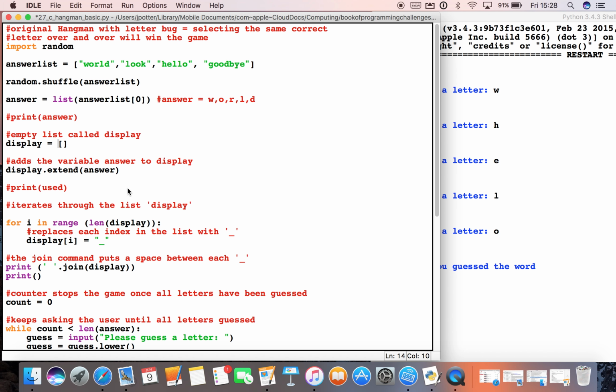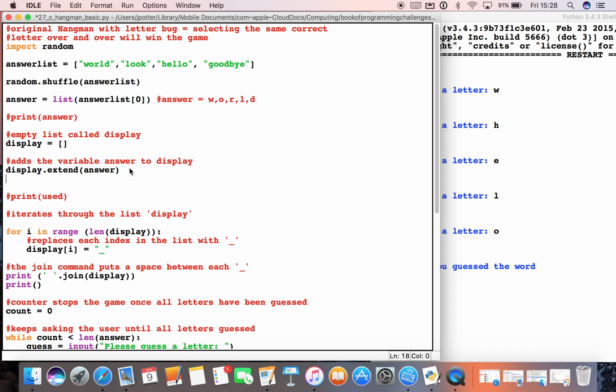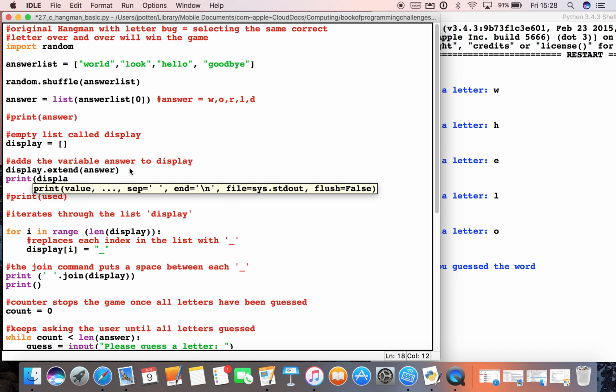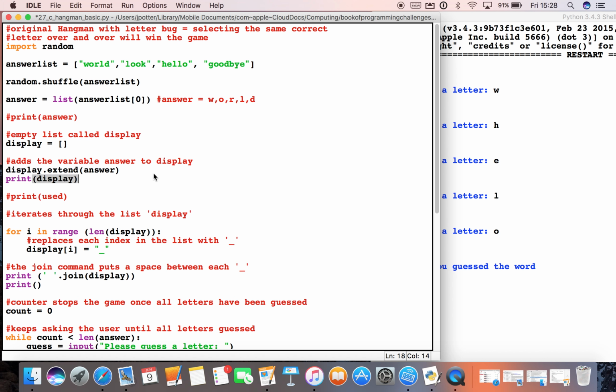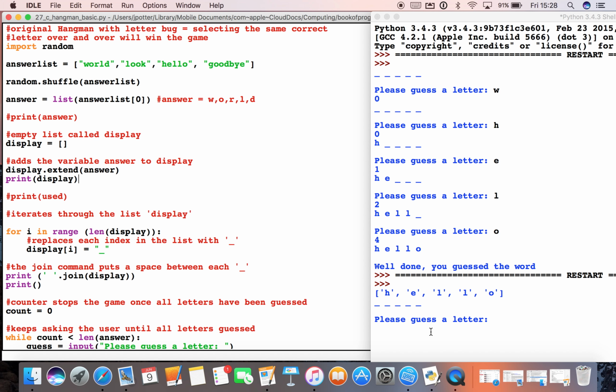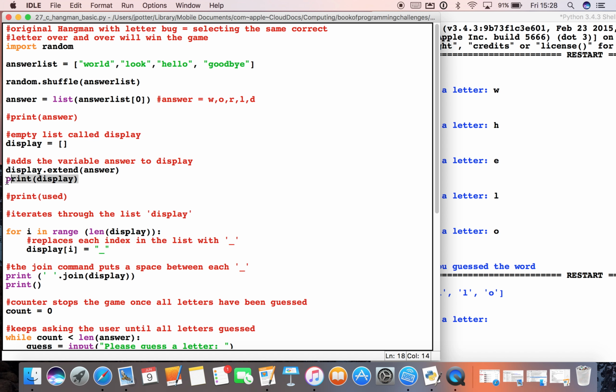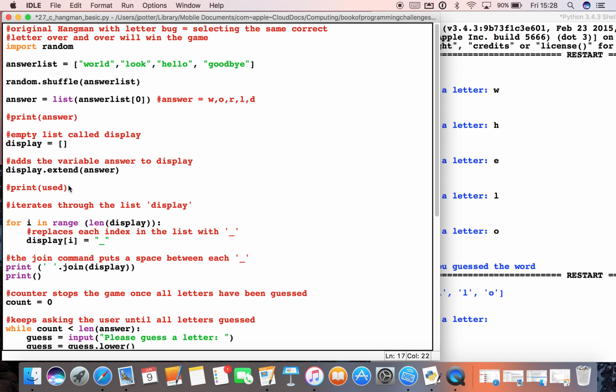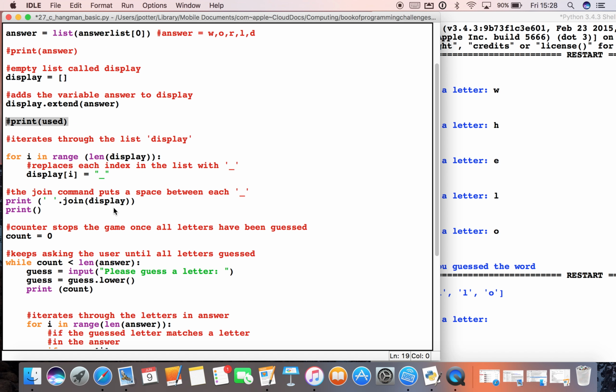We can test this out by going print display, and if I run the program, we should see that those letters are all separated. There we go, you can see there. So that's working fine, so I'll get rid of that. It's a good idea to use print statements just to test things out. You can see I've done it there and just commented it out.